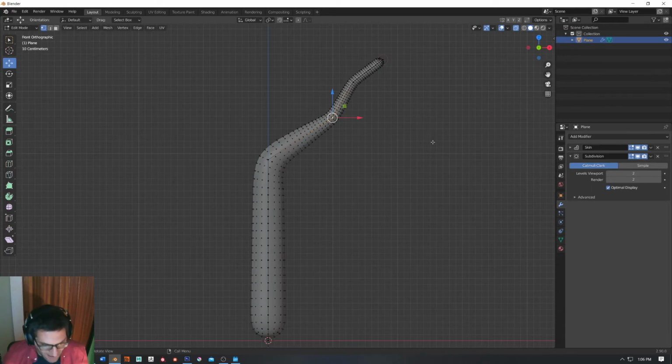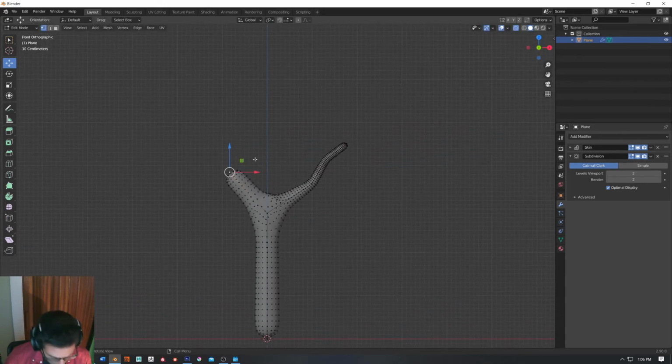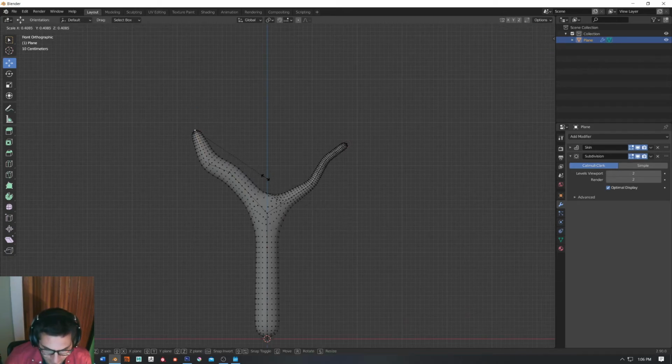Now remember, we're just establishing basic forms right now. We're going to refine this. You see how we've got these straight parts and angled parts. We're going to sculpt away all that stuff to make it look a little more natural and organic. Now I can actually go back to this fork spot, and I can extrude off from that to create, again, a fork. So E, and now you can see, very cool. I can start to get a little fork, and I can do a similar thing. Maybe pull out a few, Control A for each of these vertices, excuse me,